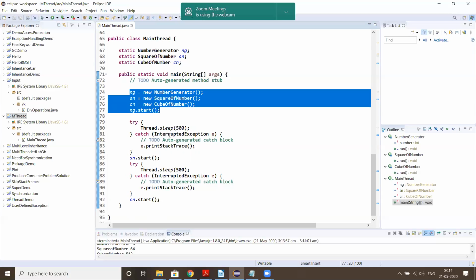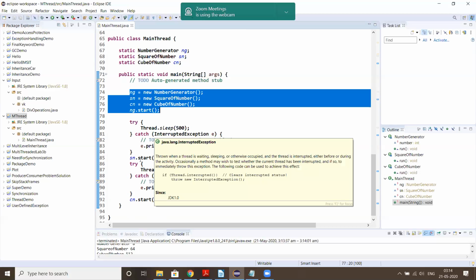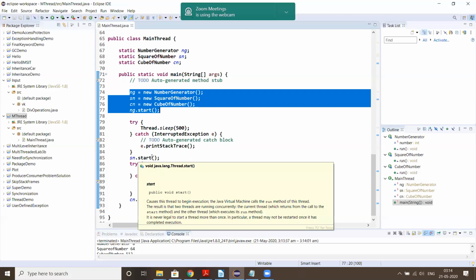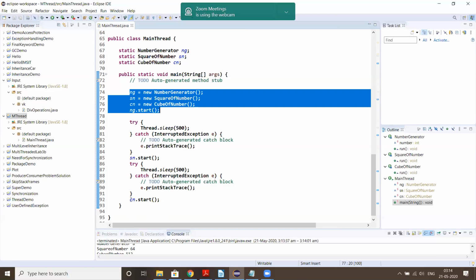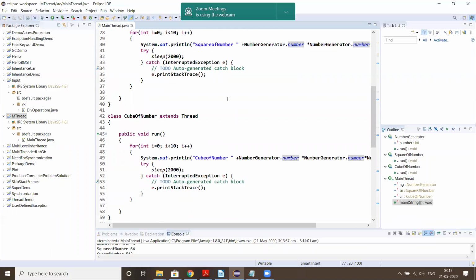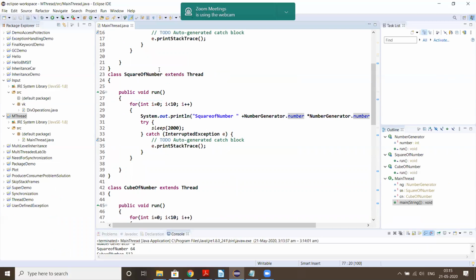Thread 1 is going to generate the random number. Thread 2, started at line number 85, will calculate the square of the number, and thread 3, started at line 92, would find the cube of the number. And this is the code for each thread.